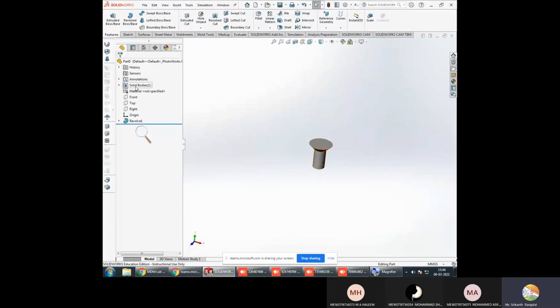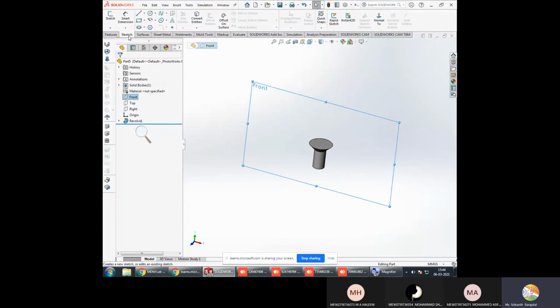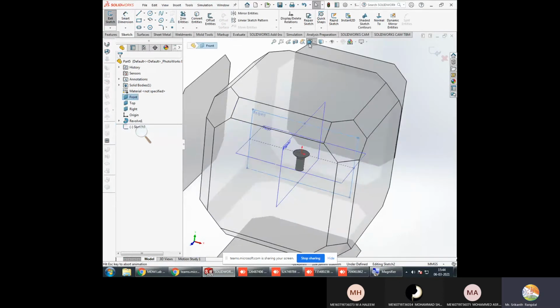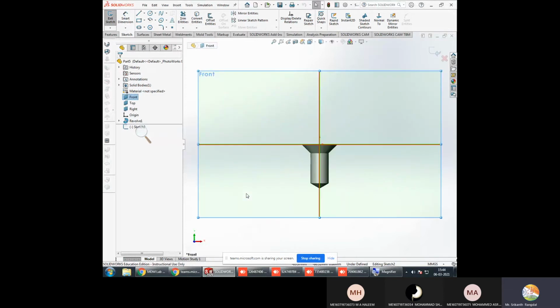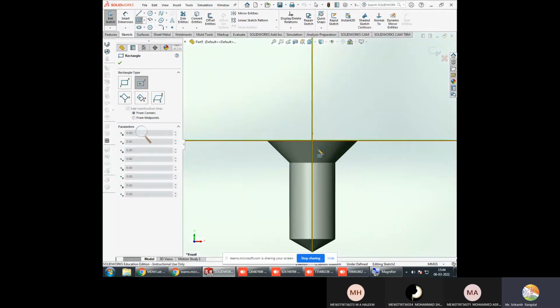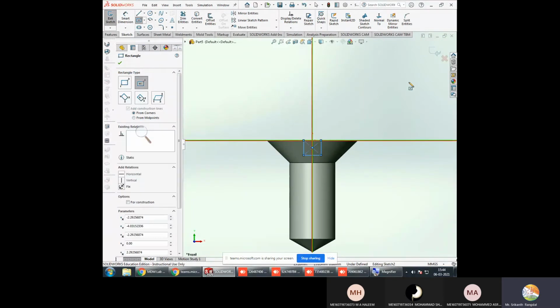So I'll go to front plane sketch. So you can see I'm selecting the front plane without enabling it. So from the left side also you can select, or else you have to turn it on, then select front, again go to sketch. Then you have to rotate it to front. Now take center rectangle. Take center rectangle. Center point, click on this line and it should be touching the upper plane.